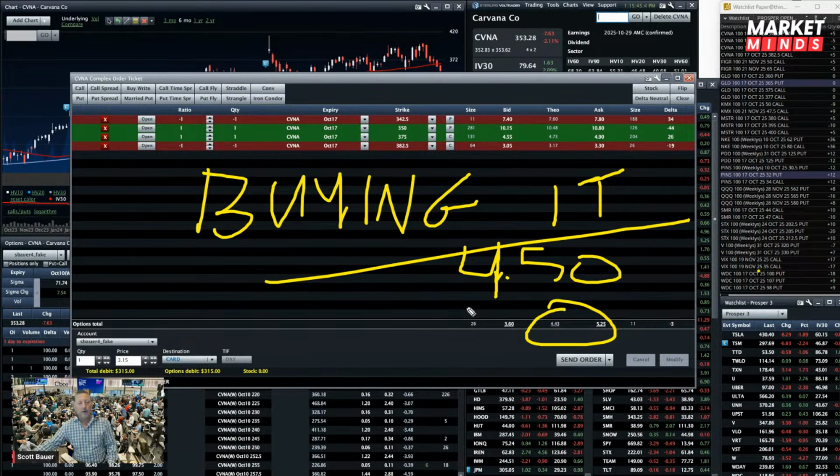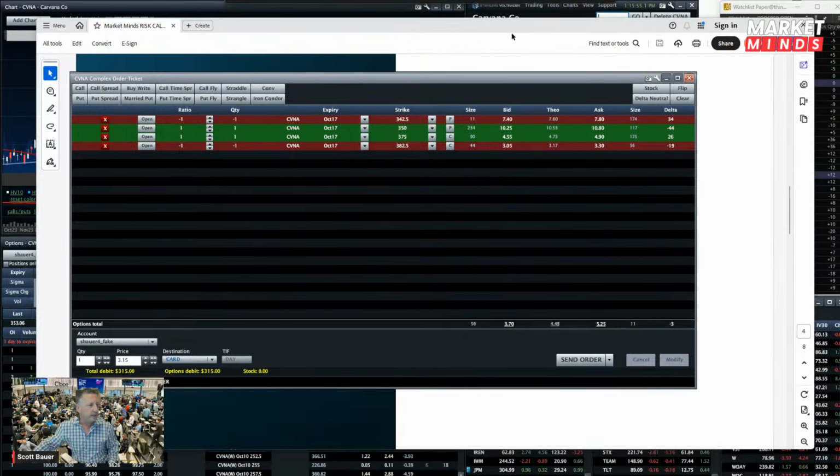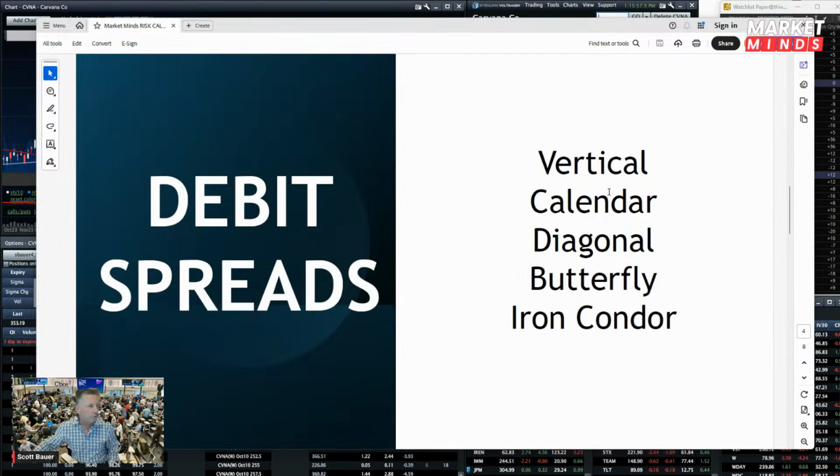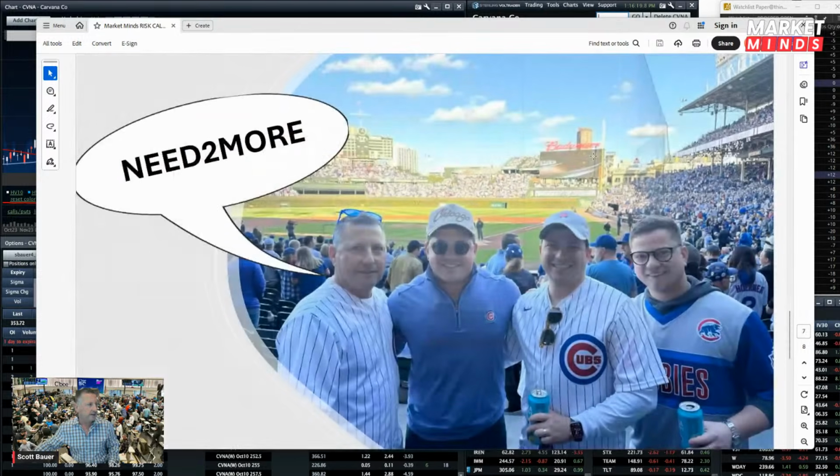So again, on the debit side of things, it's usually not 100% of the time, but it is usually pretty cut and dried what the risk is. Now, that's different, and this is what throws some confusion into, especially if you're a newer trader, if we have a credit spread. Before we go into some examples on the credit spreads,